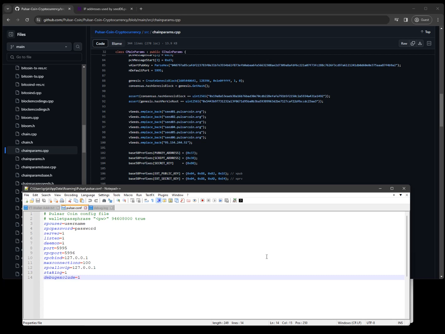So do use a static IP address on your internal network for the machine that is running your Pulsar wallet. That's always going to be my step one. Step number two is going to go into your Pulsar configuration file, and here we're going to edit the max